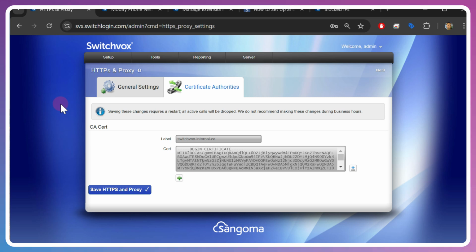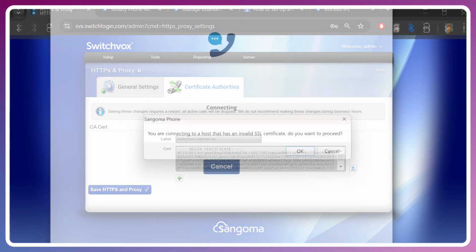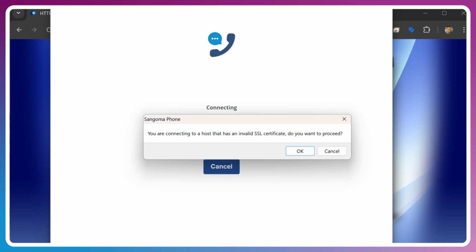Now, because the APIs are also secured by that SSL, we would expect to see certain applications, primarily the Sangoma desktop phone, give a similar certificate warning as seen here, which we can still override. Again, if it's just internal traffic and your users are aware to avoid confusion, you could get away with this.